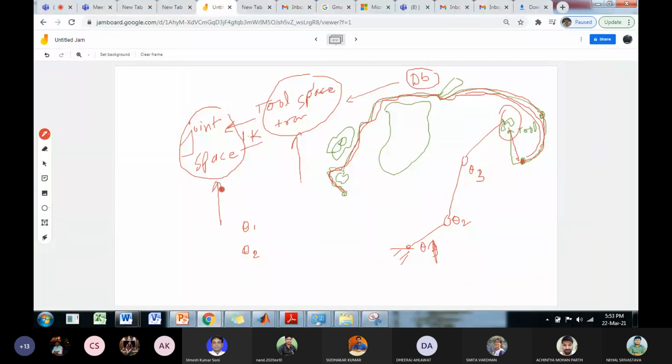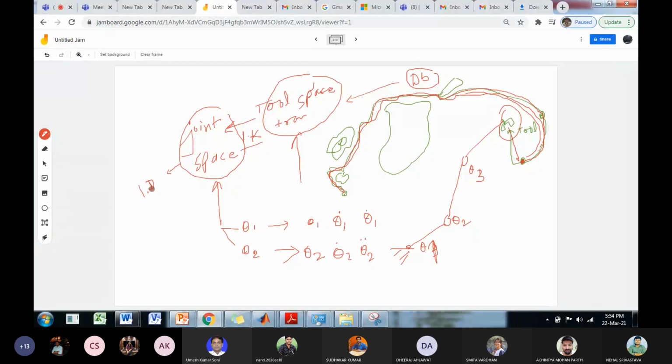Okay, now once you have this, for variable tool positions due to variable object positions you need variable values of theta 1 and theta 2. The variable values means there will be certain joint positions, certain joint velocities and certain joint accelerations. Okay, similarly here you have certain position, certain joint velocity and certain joint acceleration. Now here comes the inverse dynamics problem, inverse dynamics.